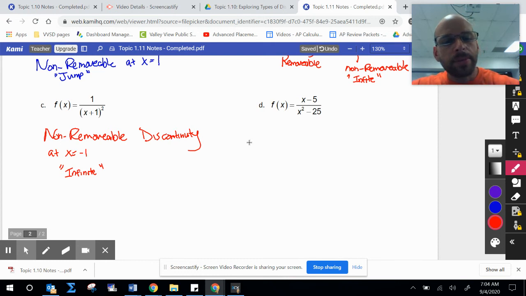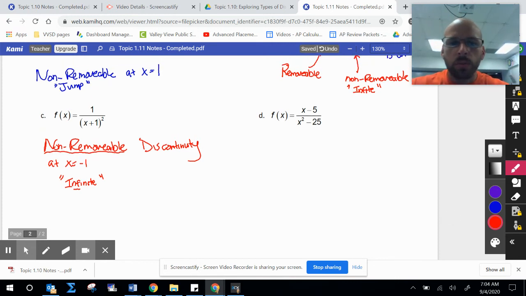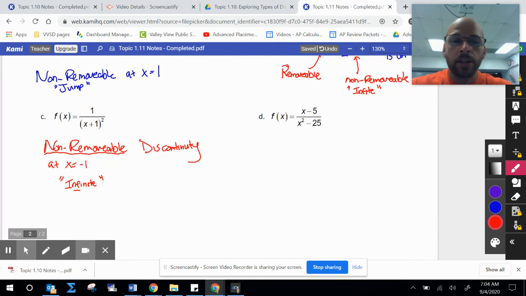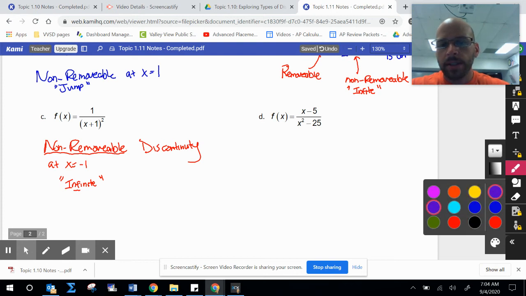discontinuity. Again, sometimes, they ask for, is it removable or non-removable? Sometimes they want you to be more specific. So you just have to kind of read the directions in the question or look at the multiple choice answers. I just want you to understand that all infinite discontinuities are non-removable. Okay. Next or last,